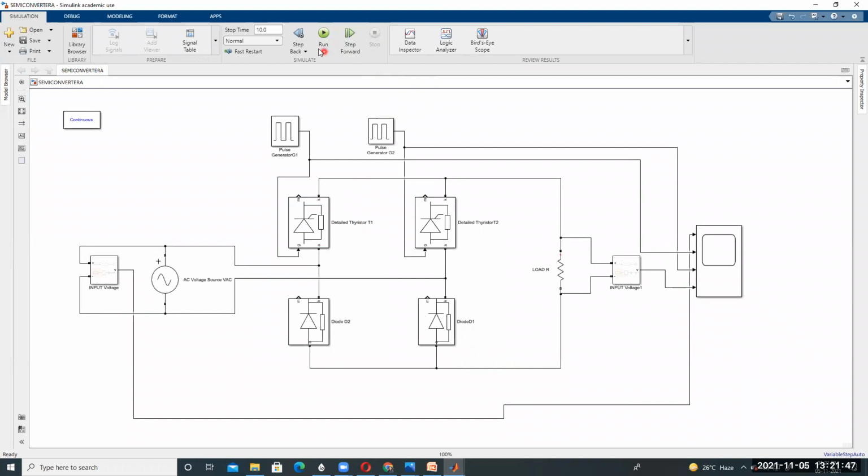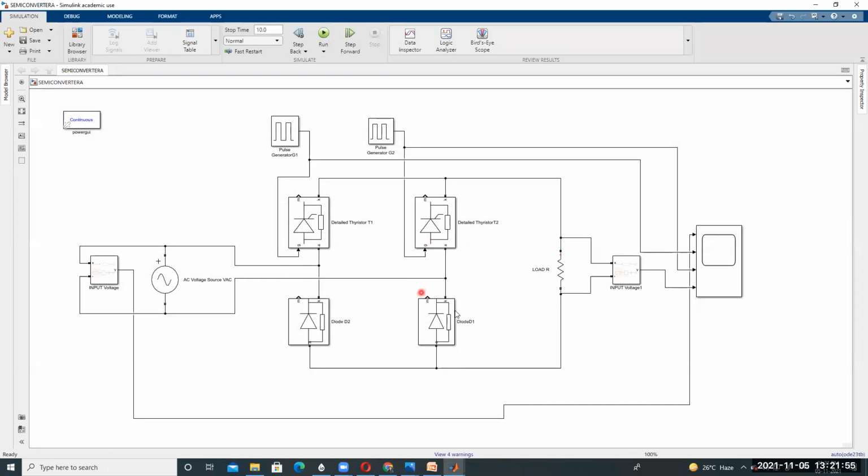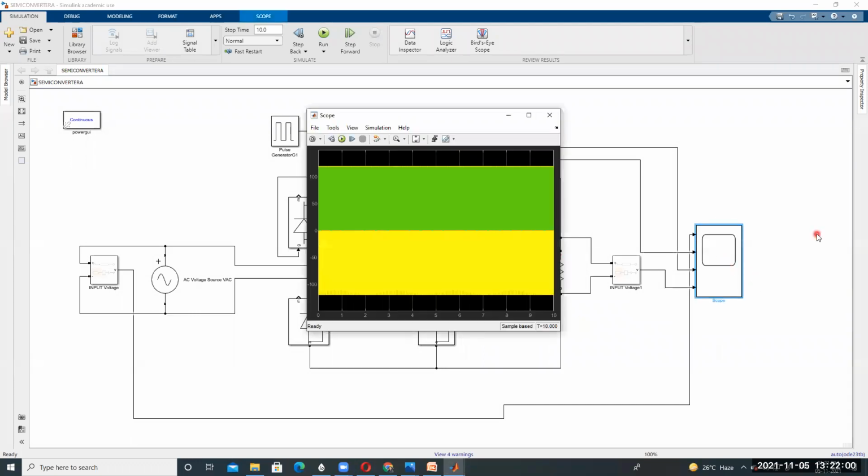After saving this, press the run button. The run is completed, and then enter scope. The waveforms open like this. Here the input ports are 1, 2, 3, 4, that means we need 4 blocks.